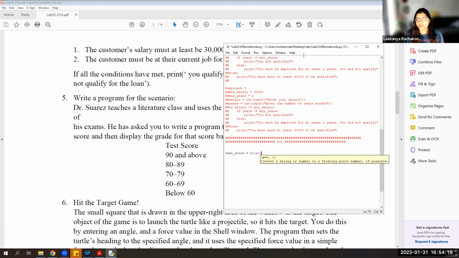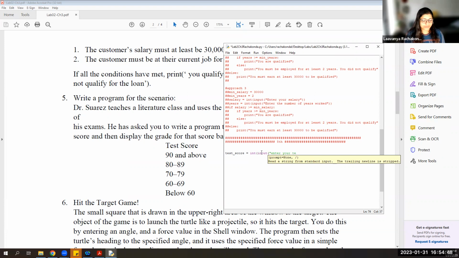If not, you can just take it as int, so those are 2 different ways. If you are getting the data in float, you can have 90.00, 80.00 and 89, 70.00 and 79.00, 60.00 and 69.00. Or you can just type it in int and then use the same numbers. Input,